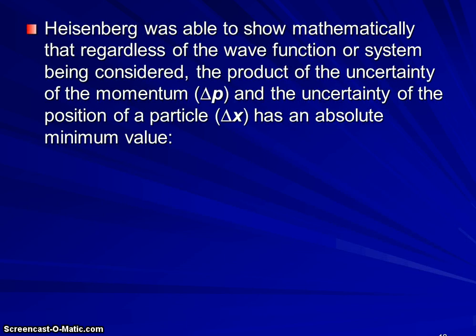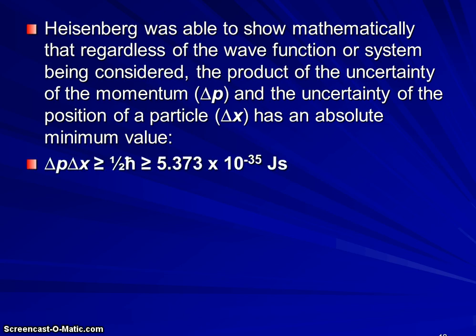Heisenberg was able to show mathematically in his most famous paper that regardless of the wave function or the system being considered, the product of the uncertainty of the momentum and the uncertainty of the position has a bare minimum value of 1/2 h bar. Now that's a pretty small number. 5 times 10 to the minus 35 joule seconds. But in systems that are small,